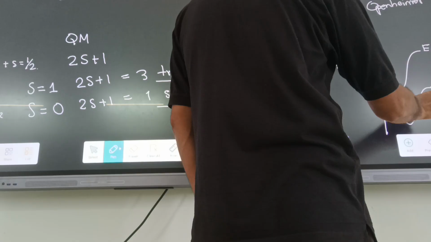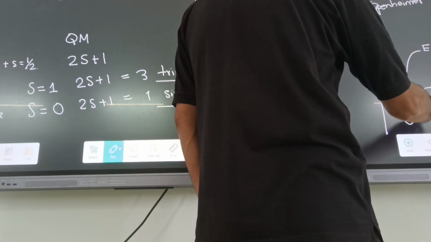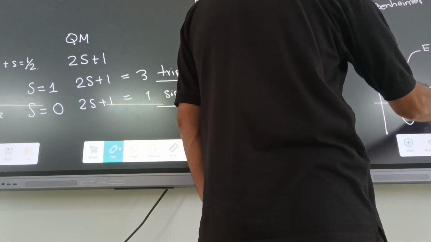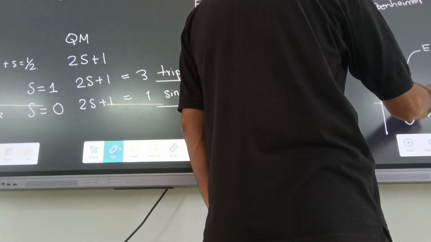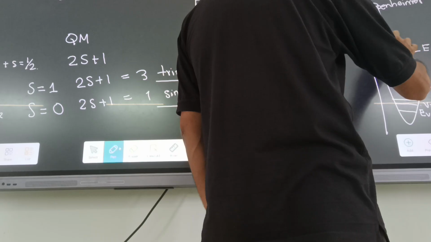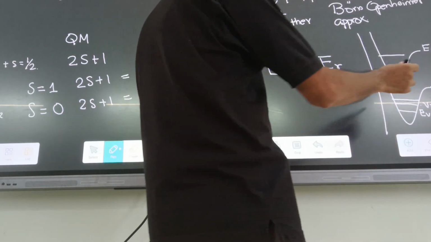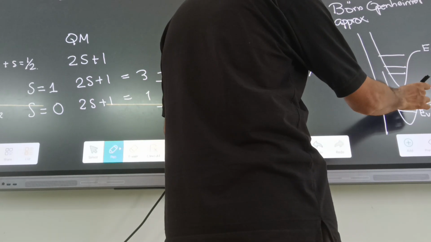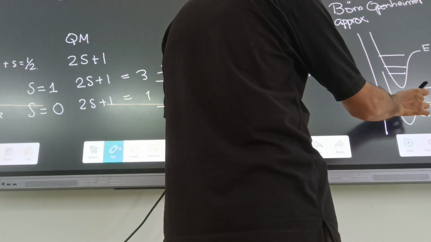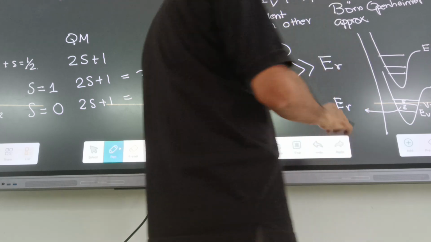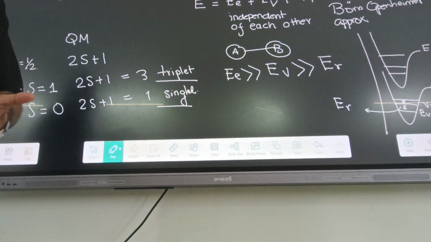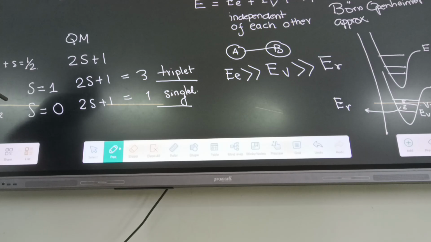So this is Eg, this Eg is equal to V is equal to 0, this is called V is equal to 1, यहाँ पर कई वाइब्रेशनल स्टेट्स, और इन वाइब्रेशनल स्टेट्स के बीच रोटेशनल स्टेट्स, ठीक है। सो नाउ यू कैन अंडरस्टैंड कि कौन सा इलेक्ट्रॉनिक है, कौन सा वाइब्रेशनल है, कौन सा रोटेशनल।